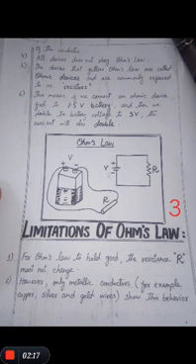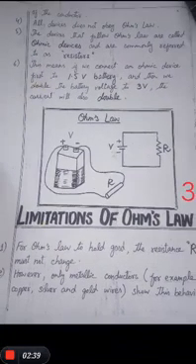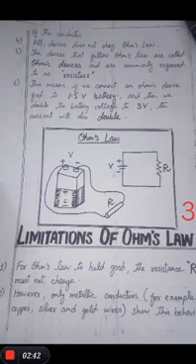What is the temperature of the conductor? So not all devices obey Ohm's law. The devices that follow Ohm's law are called ohmic devices and are commonly referred to as resistors. This means that if we connect an ohmic device first to a 1.5 volt battery and then we double the battery voltage, that is 3 volt, the current will also be doubled.